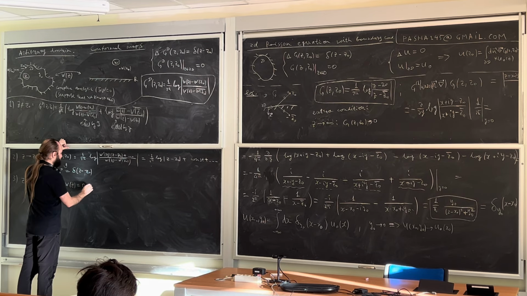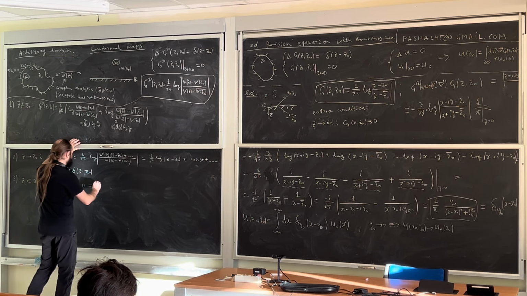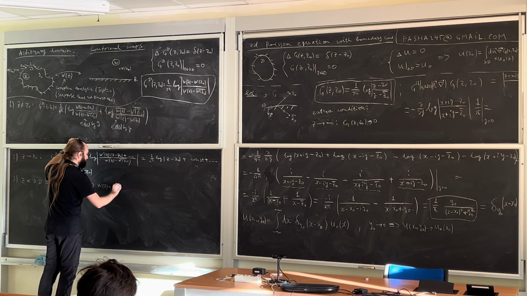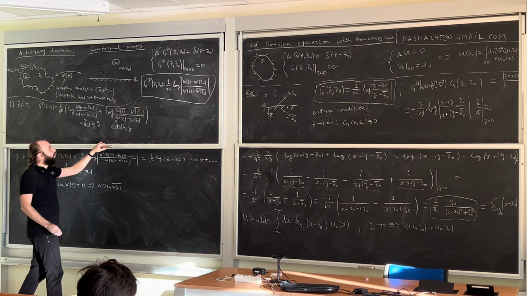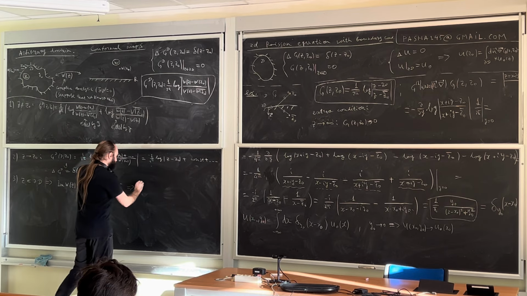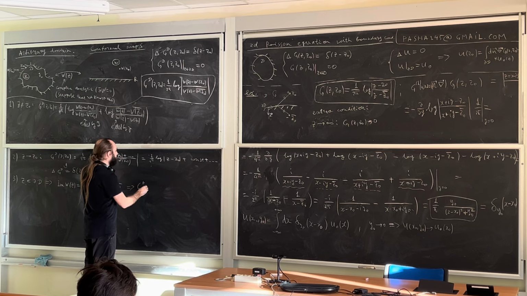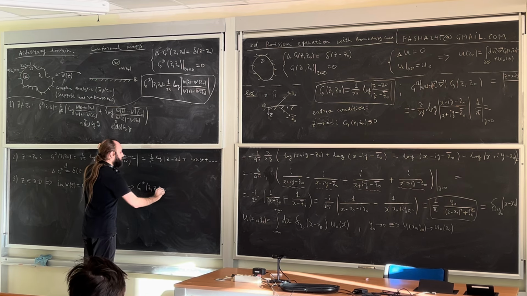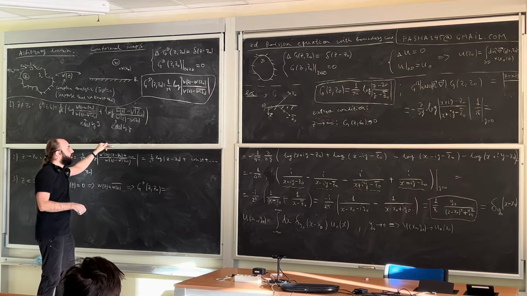Or it is the same as to say that W of Z is W of Z bar. So our Green function G in the domain D, Z, Z0, is